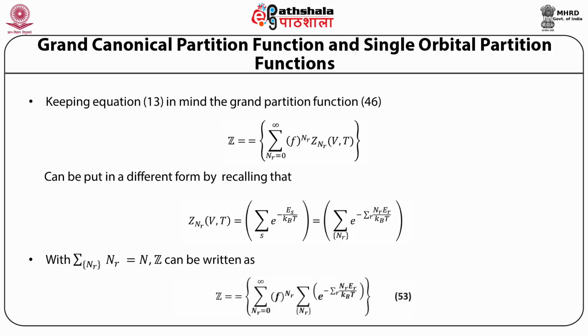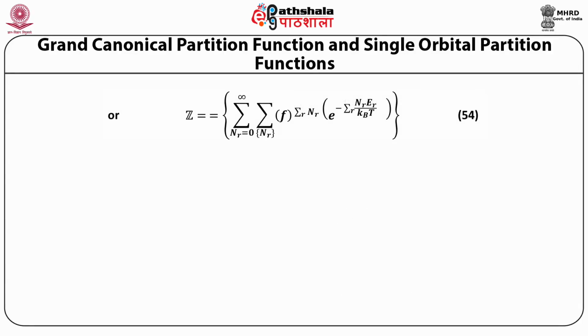Therefore Z can be written as the summation over N_r = 0 to infinity of fugacity raised to power N_r multiplied by the summation over the given set of e^{-Σ_r n_r ε_r/k_BT},